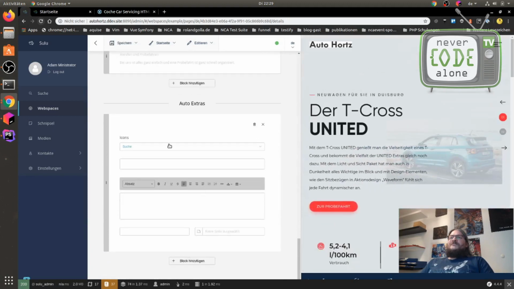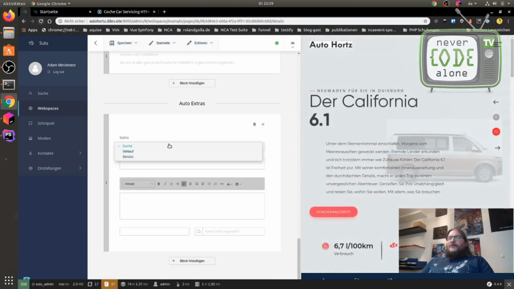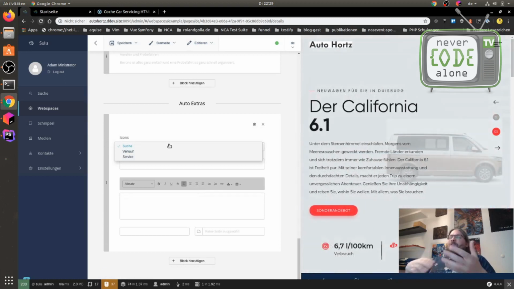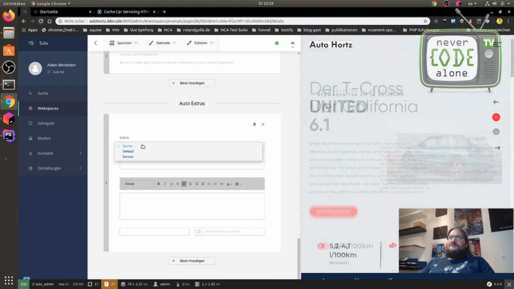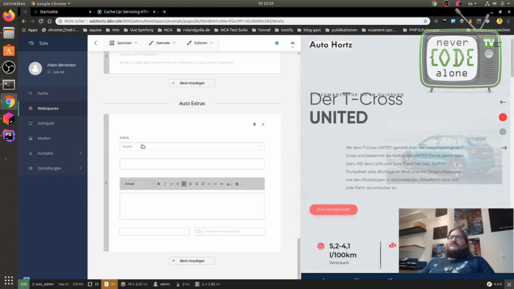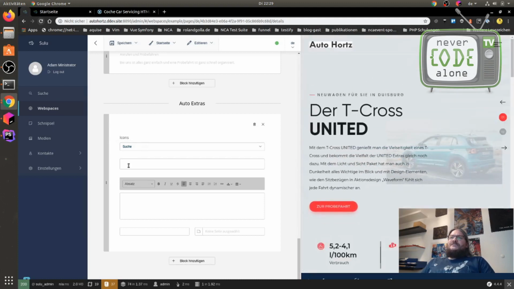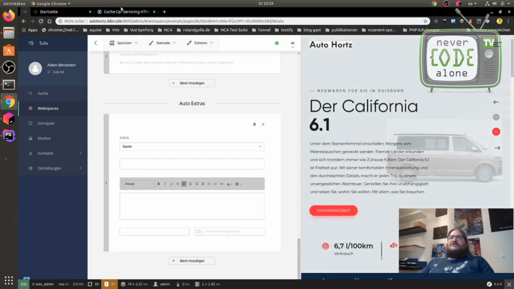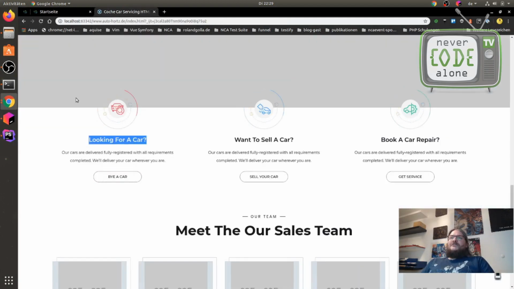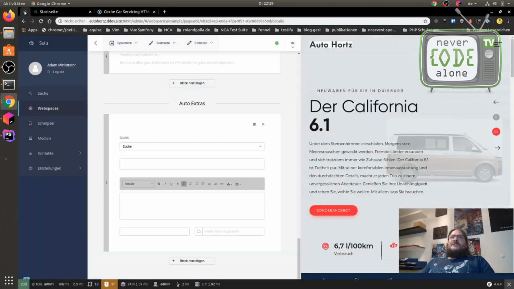So now we have this drop down here. This is the main thing in this tutorial. I can say search, this is also the default case. Then we have this headline here. I will check what is here. Looking for a new car. Okay, this is okay.